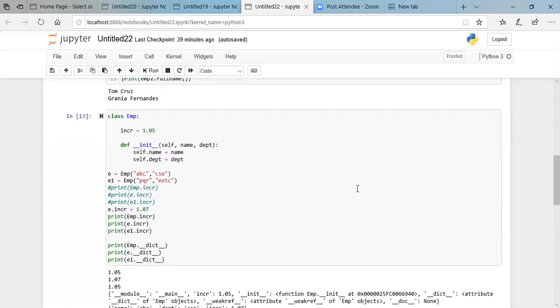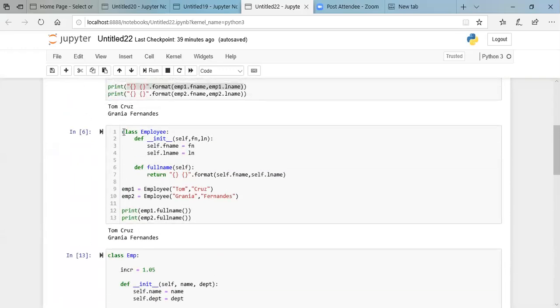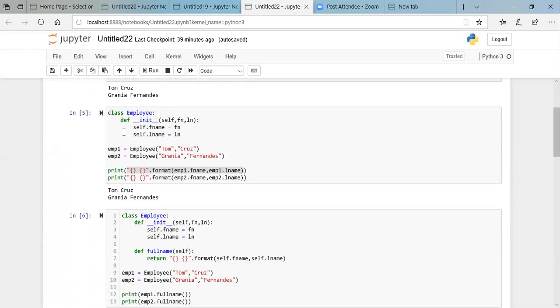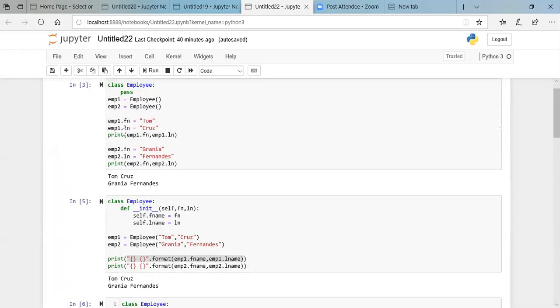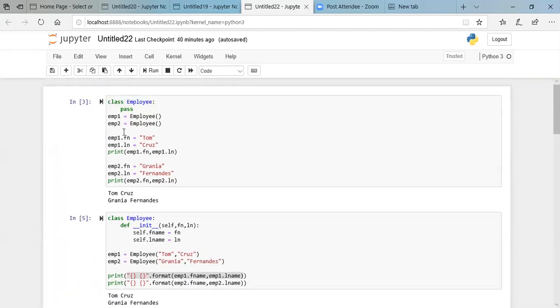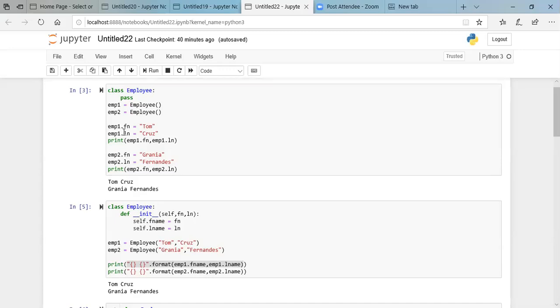And is the concept of class variable and instance variable clear? You use an instance variable when you want a different value for each object. A class variable is used when you want the same value for all the objects. And in this example, we have seen how hectic it would be if you're not using the concept of classes and methods. Basically, a class is nothing but a template or blueprint, which tells you what the data members and member functions within the class are.